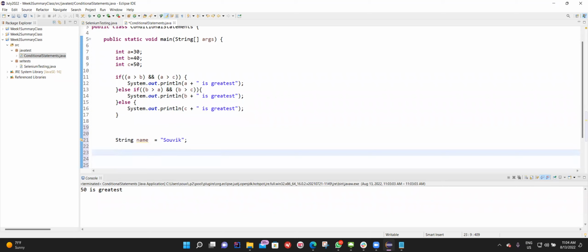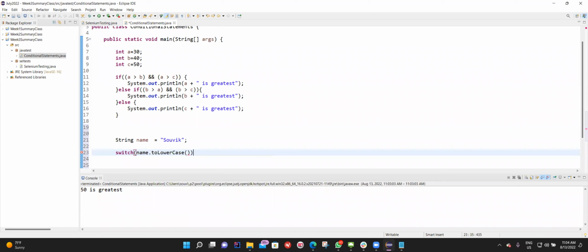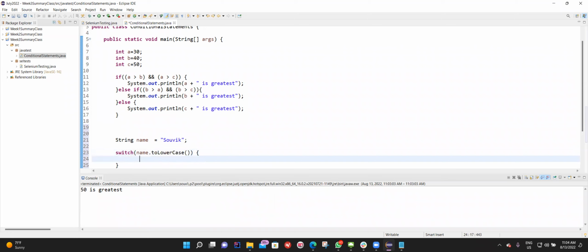I can create a switch case like this, where I can say switch name dot toLowerCase. Whatever the names are coming, in whichever case it is coming, I'm converting that to lowercase, and then I'm saying if it is Sobek,